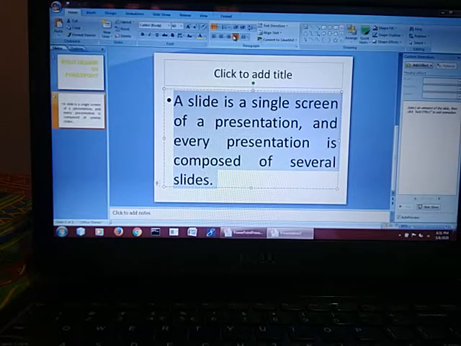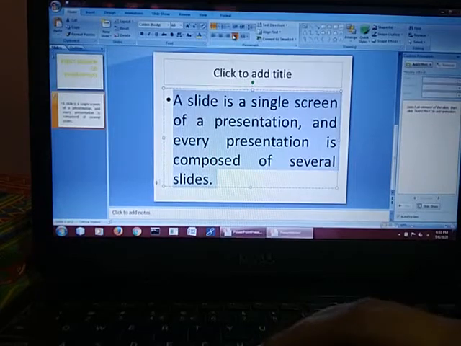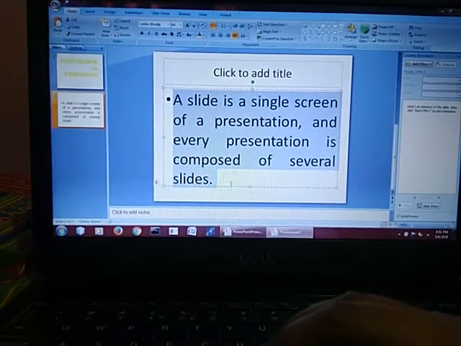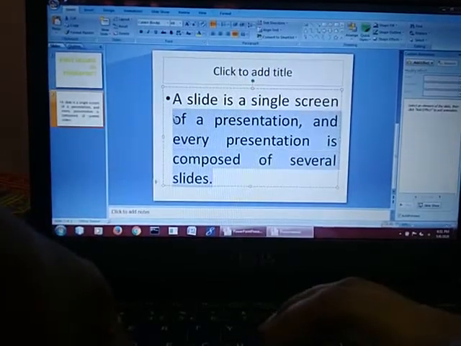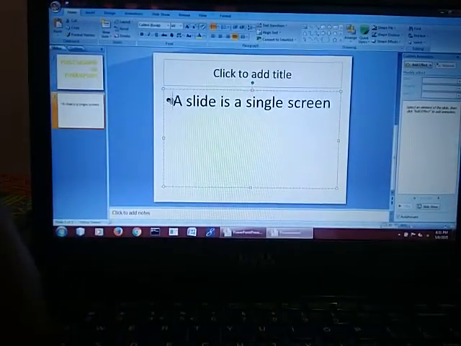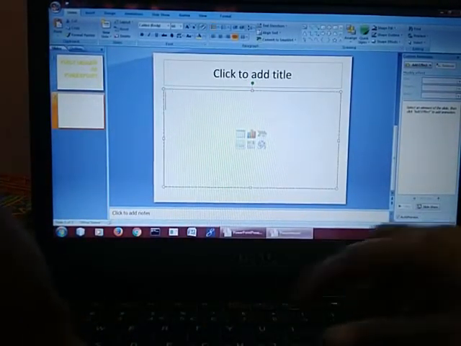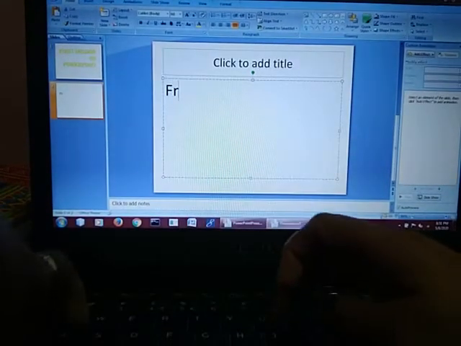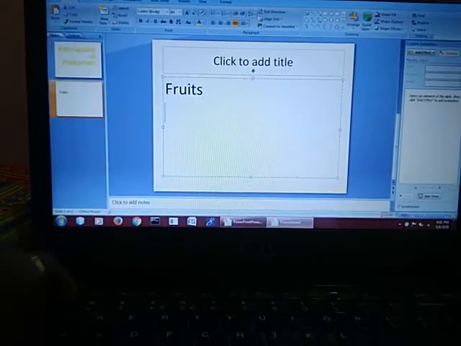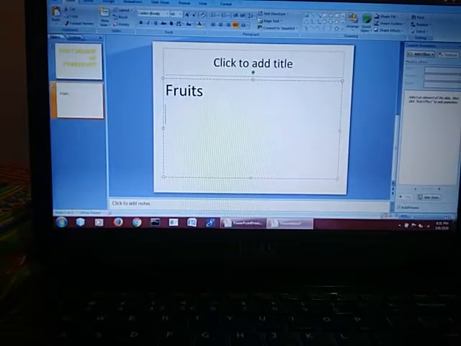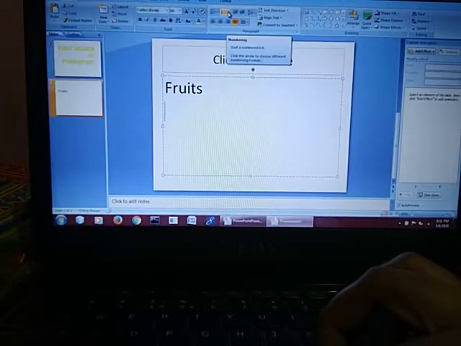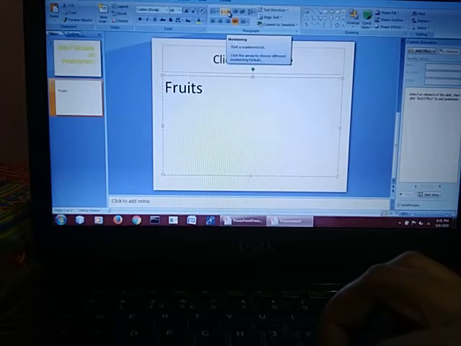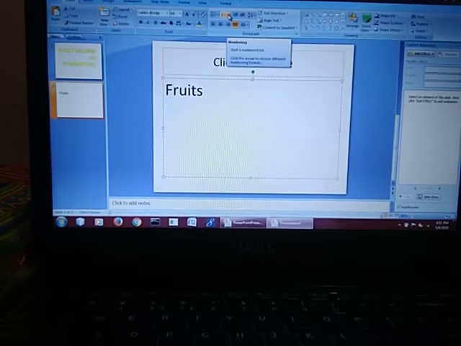Now if you want to write some sub points over here, what will you do? Like I am writing the category fruits. Fine. Now I want to give the numbers 1, 2, 3, 4. So from here in the format option, one option is there, numbering.